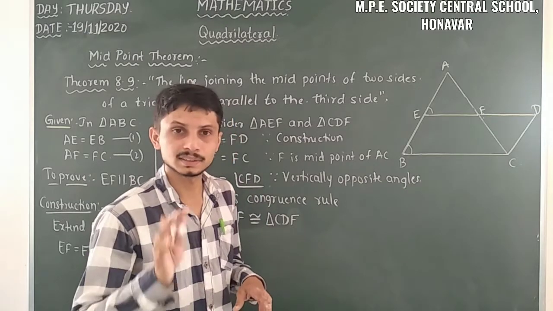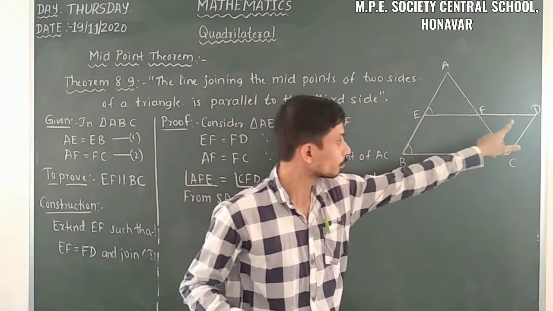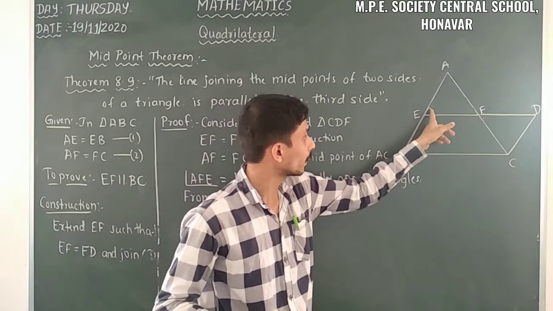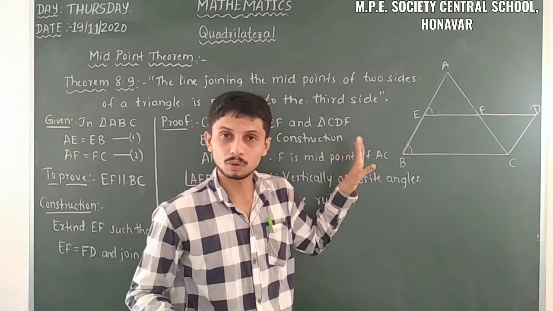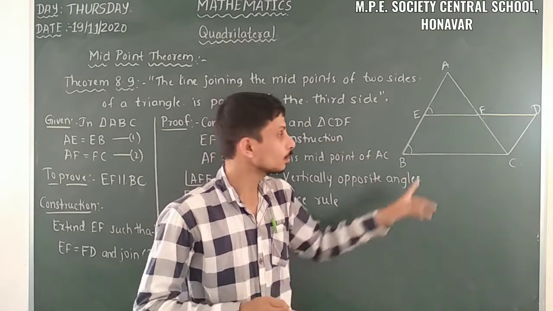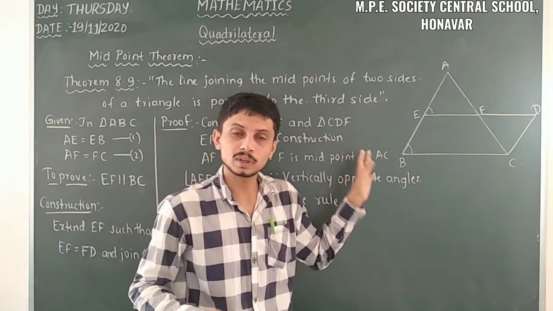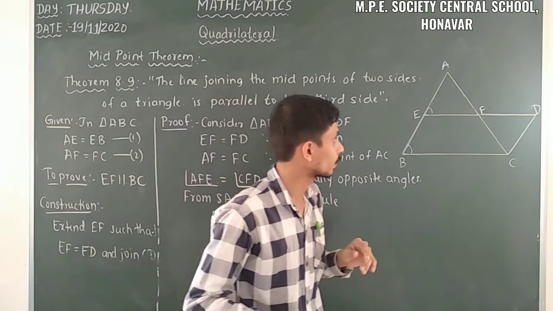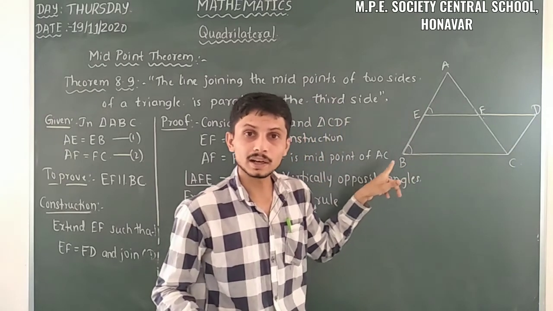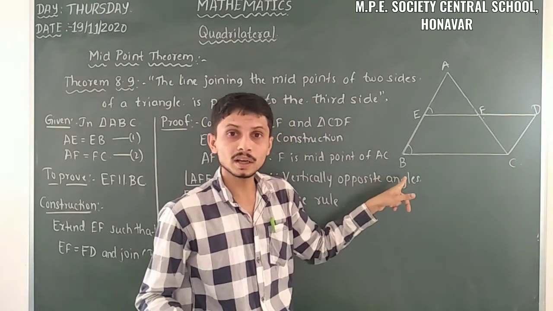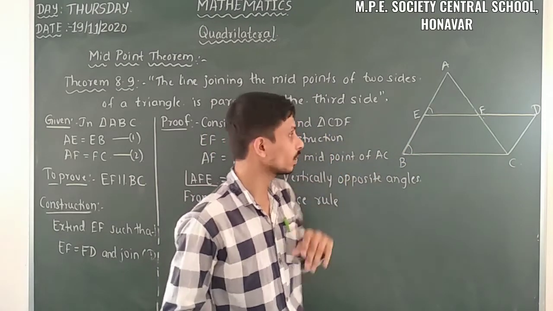So already we know that we have to prove that this is a parallelogram, and the pair of corresponding sides, those two are equal, we have to prove. So firstly we have to prove BCDE is a parallelogram. Yes, let us take that. Firstly I will take AE is equal to CD. Already we know that AE is equal to EB, so that's why we can easily take those two as equal.